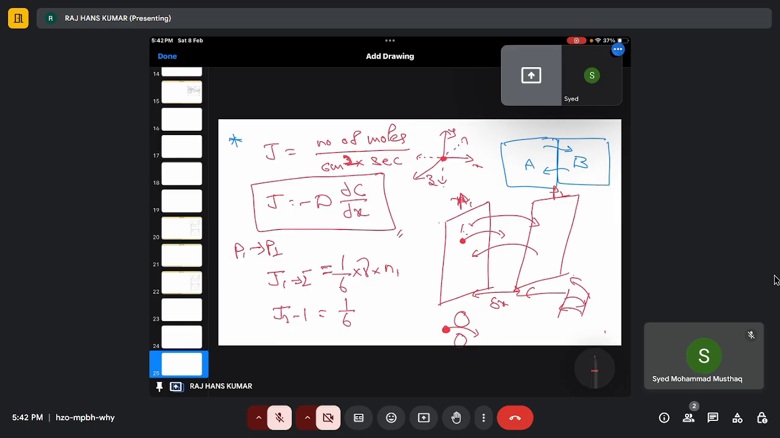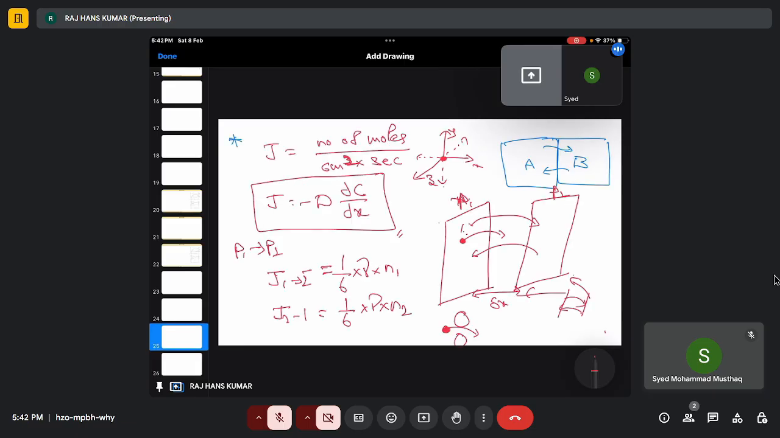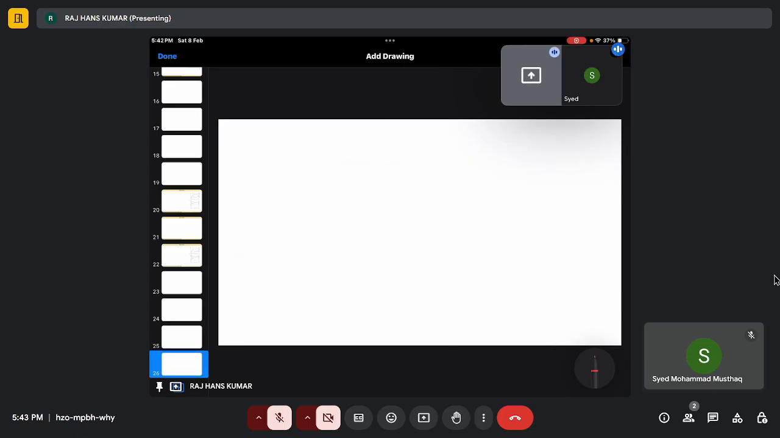The same thing happens: jump frequency times N2. So, for example, if flux J1 to 2 is greater than flux J2 to 1, then the net flux J net will be equal to